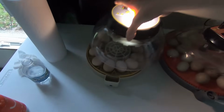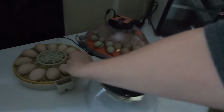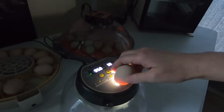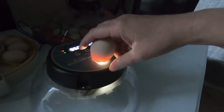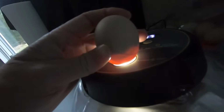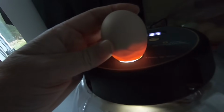So you are able to take this off and go ahead and candle your eggs when you're doing that. So you'll see in here, and I already know that all of these are showing development and are fertile, but I was hoping you would be able to see the veining and all of the growth that's in there. Hopefully you can see all of that. So this is a very healthy chick. It's developing just as it should, and it's on track